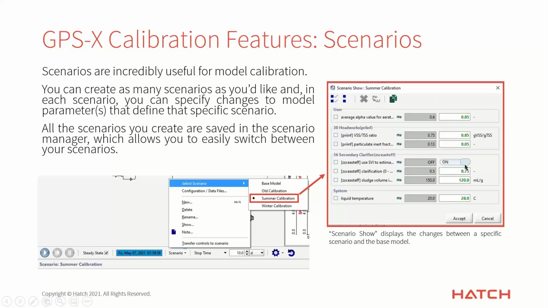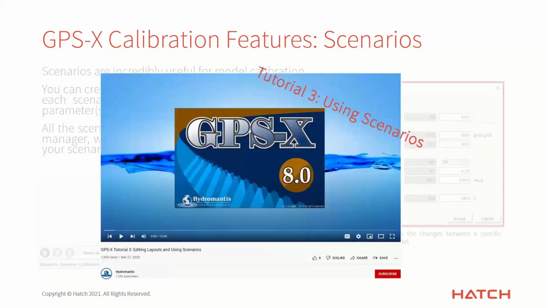So you can see that I was doing some calibration here, and then a big thing is since this is the summer calibration, you can see that I changed the temperature from 20 to 28 to reflect the warmer temperature in the summer. So yeah, scenarios are just a really great way to keep track of your calibration and of multiple calibrations if you're trying a couple different strategies. You can go to tutorial 3 on the YouTube channel or in the tutorial guide if you want to learn